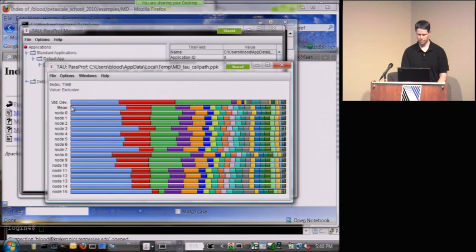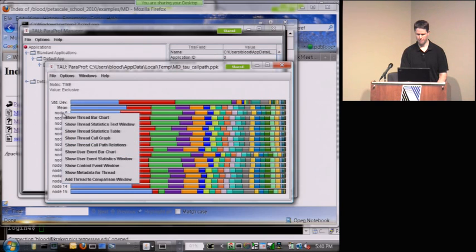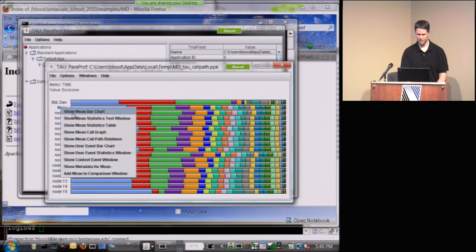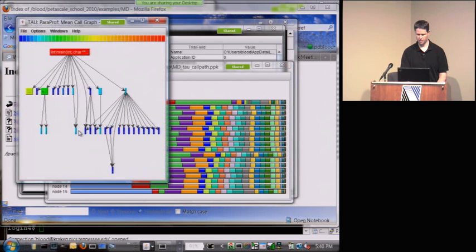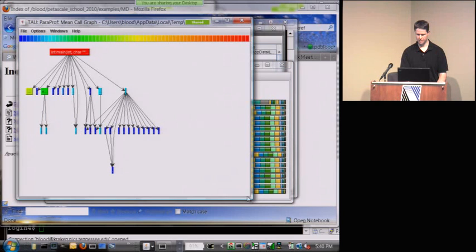Also, I just want to show you that if you right-click on, say, node 0, or let's just do the mean, then here's the call graph. So that's what this looks like. It shows you hotspots in the code with the coloring, so you can see where the time was spent. If you click on one of these, you can stretch these things out, and if you scroll over it, it'll give you the information about the different functions that you're looking at. So you can see the relationship